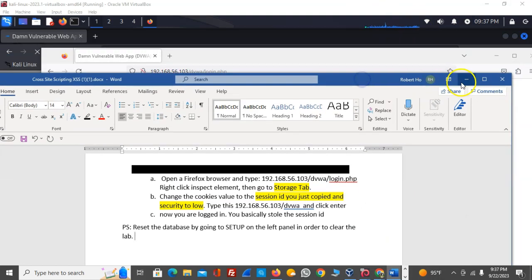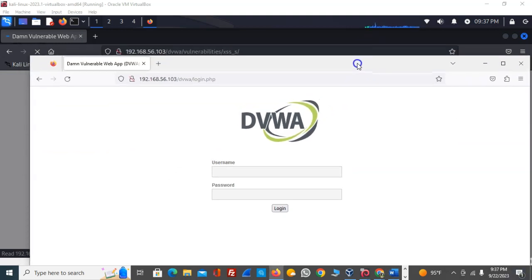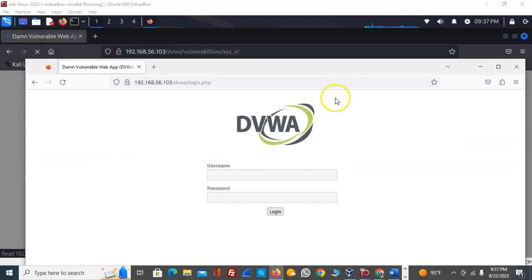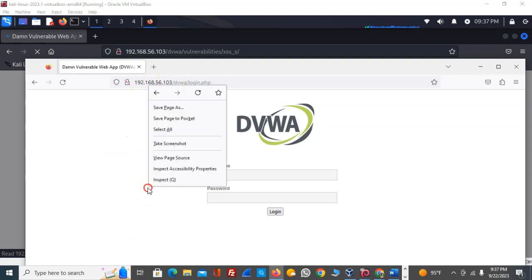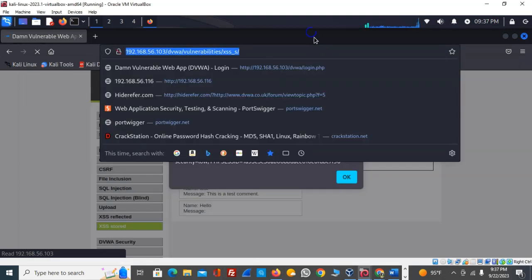This is the new Firefox browser I opened from the host machine. I'm going to type this one and right click, and inspect element. When I do inspect element,